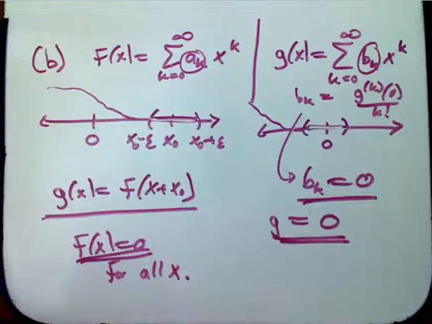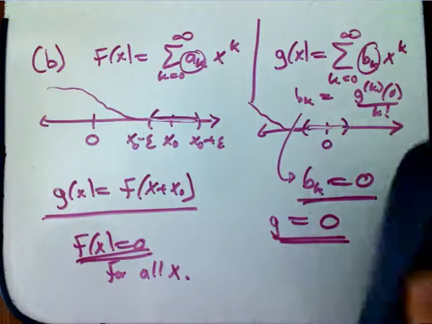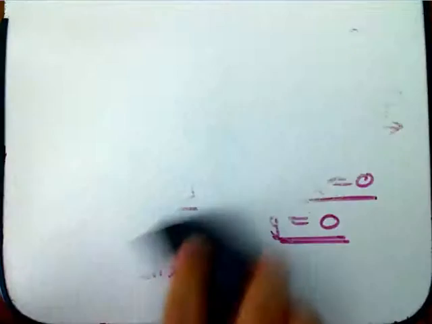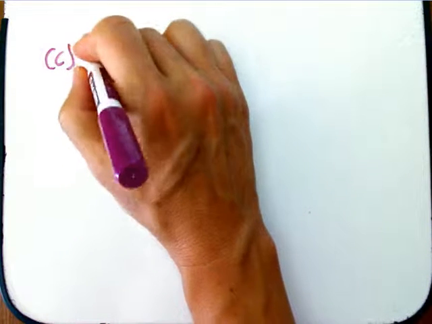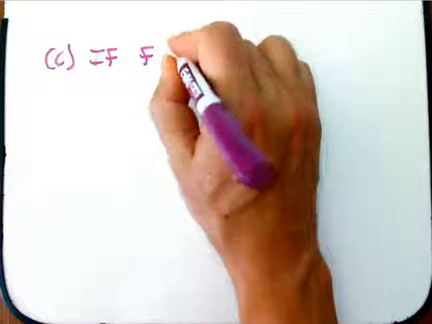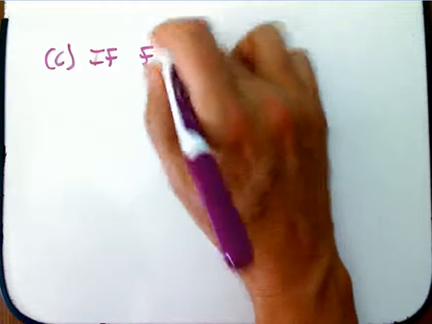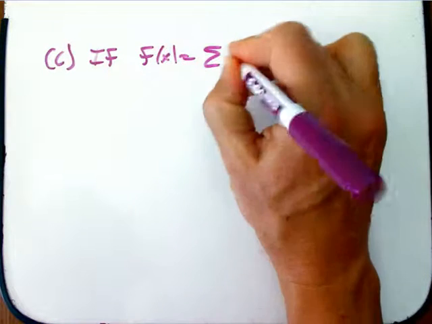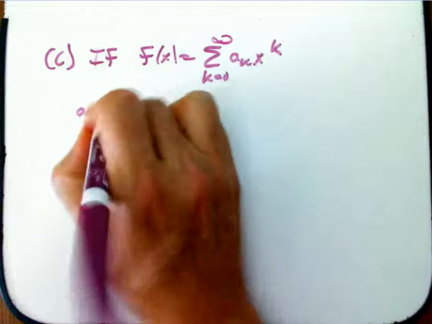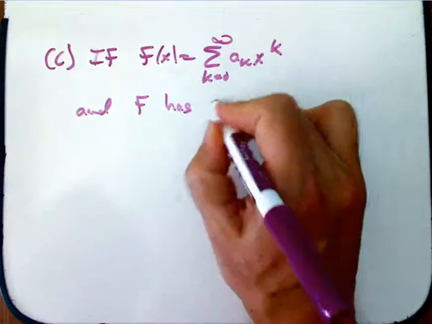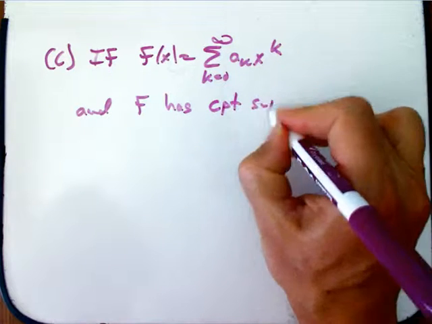This is saying that if we thought the way we were going to create these functions was through power series, and if they were going to look like sine and cosine and e to the x and stuff like that, which have nice power series, then that's really a bad intuition. In particular, now this is really the punchline for this part: if f is representable by a power series with infinite radius of convergence, and f has compact support,